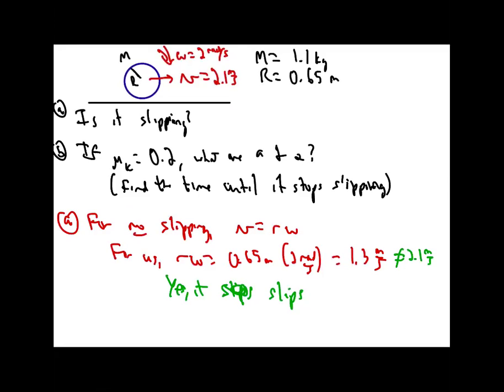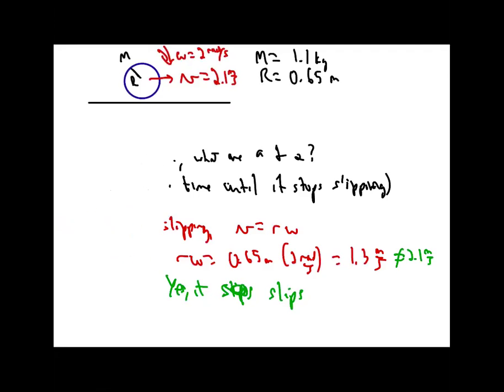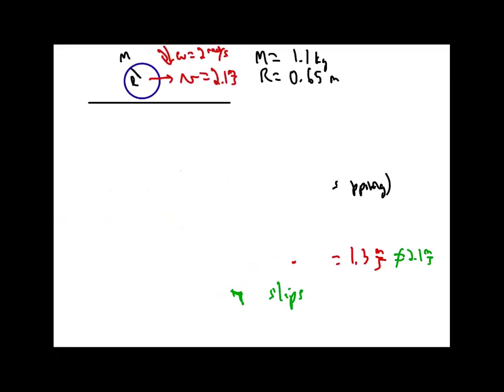All right, and now let's clean this up. So now our next question is, what's actually happening? We want to figure out which way the wheel and such is moving. If it is slipping, but it's not, that means that